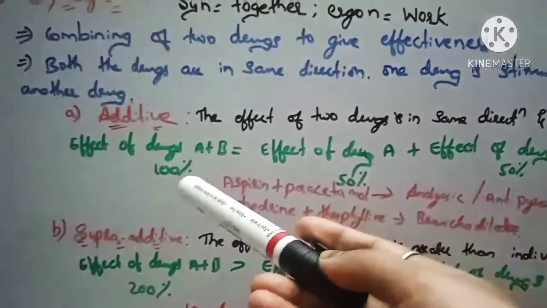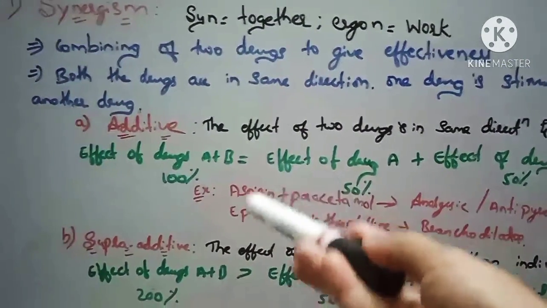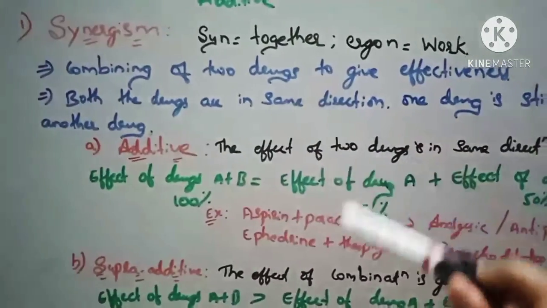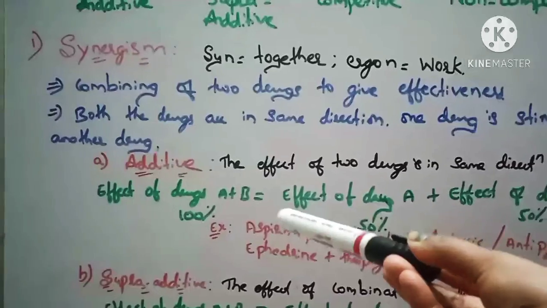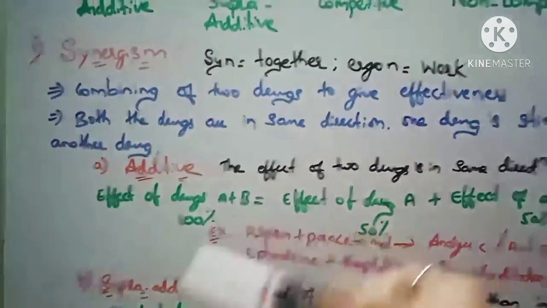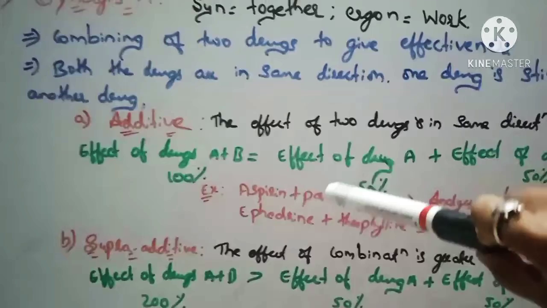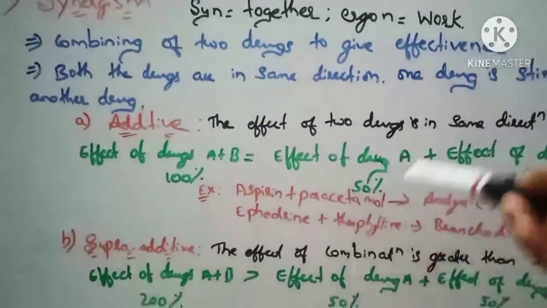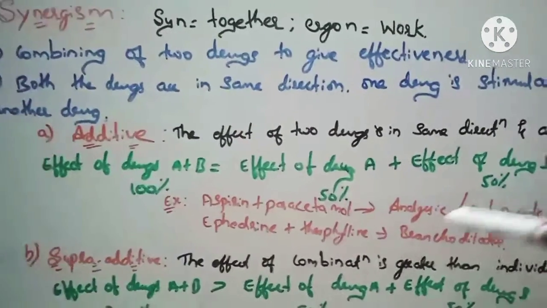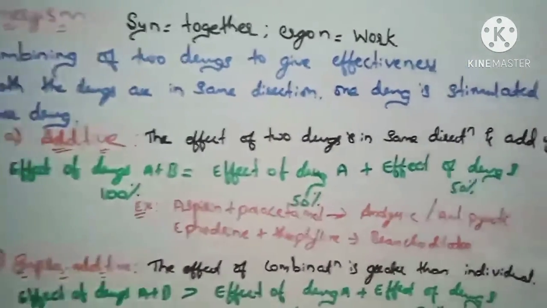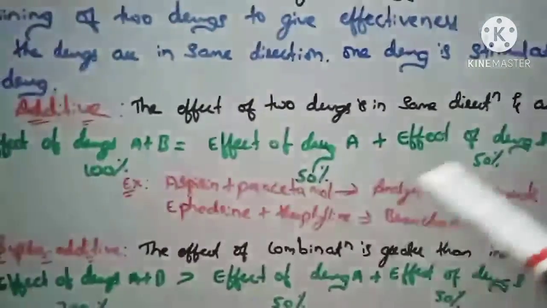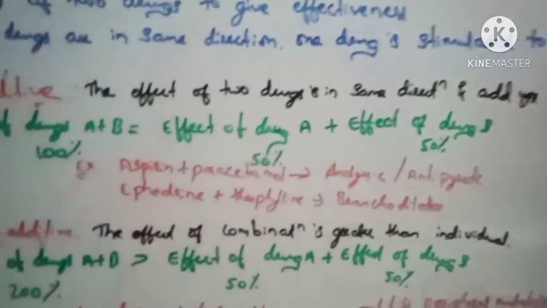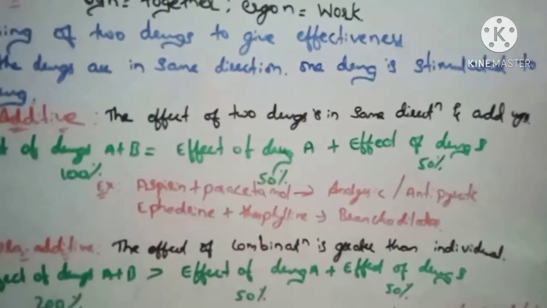For example, the effect of drugs is A plus B. Take drug A as aspirin and drug B as paracetamol. The combination of both drugs shows 100% accuracy. Individually, suppose aspirin shows 50% and paracetamol shows 50%, but by the combination of both drugs it shows 100% activeness and effectiveness